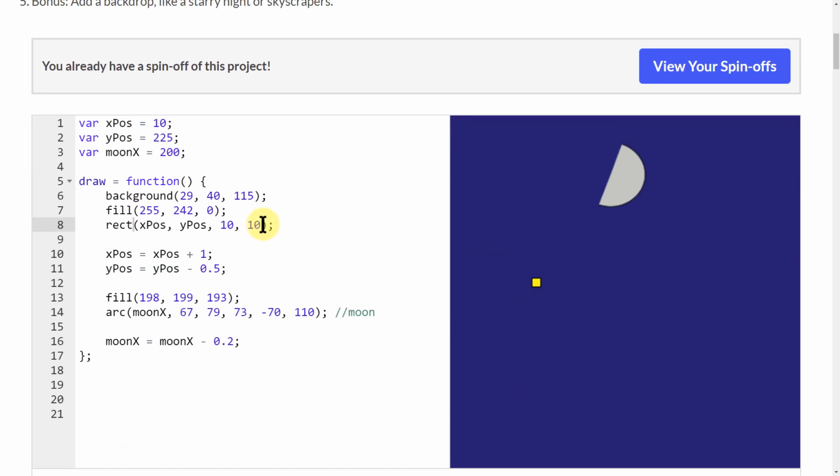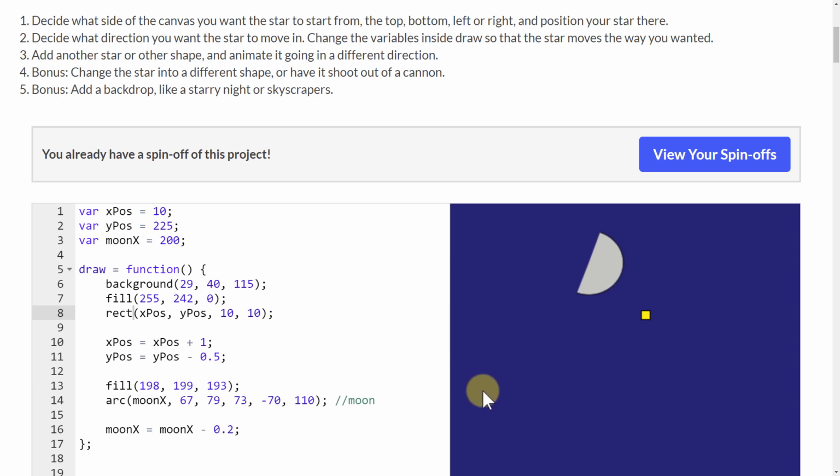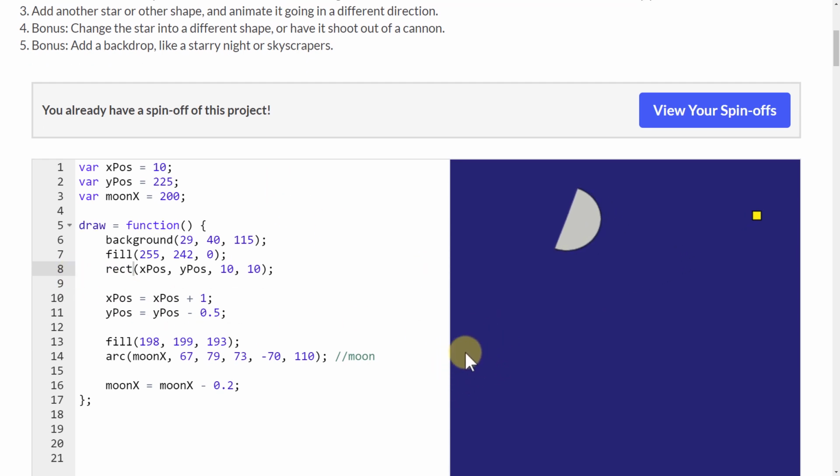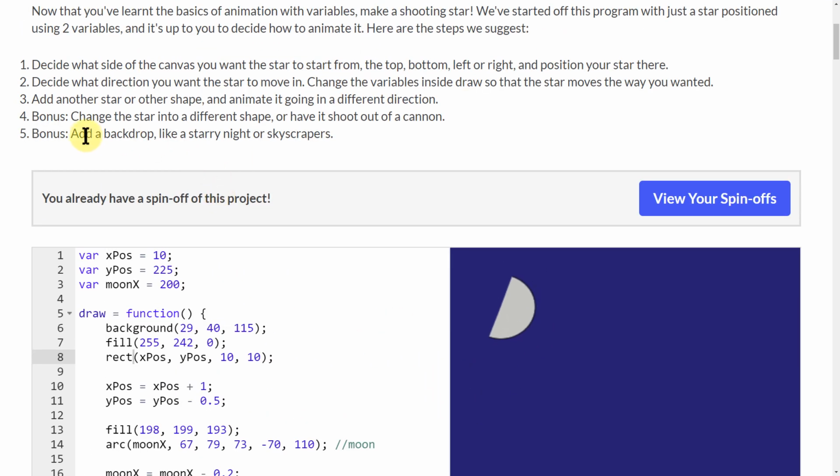That seems almost too simple to me. Or maybe they mean you could make a cannon looking thing out of a big rectangle over here, but that's as much as I'm going to do for that one. But the next one that you should do,